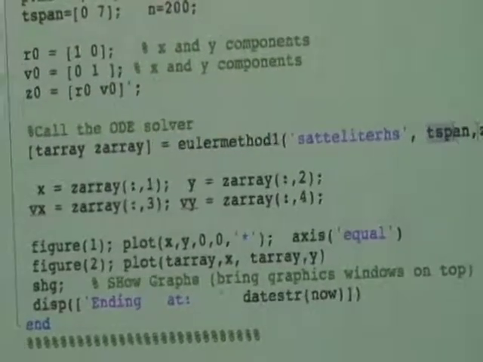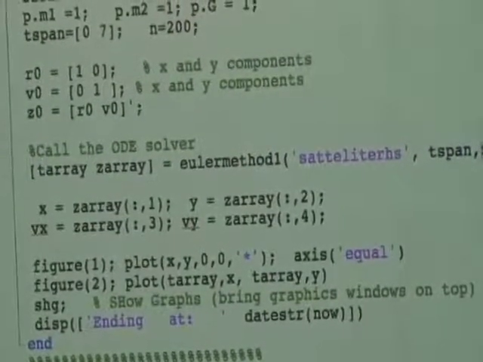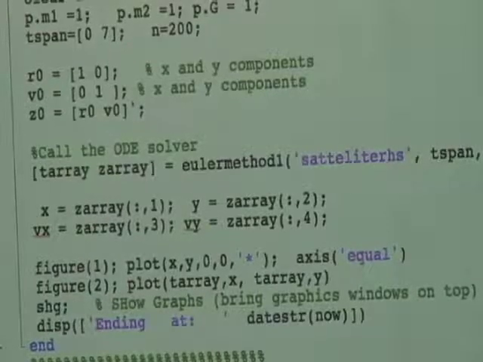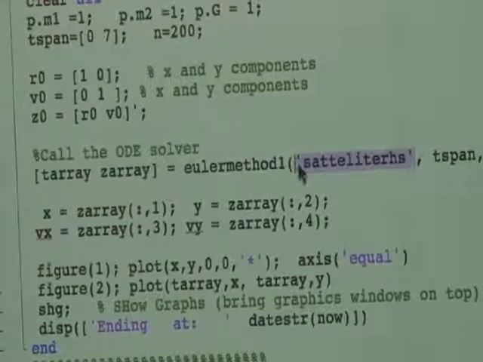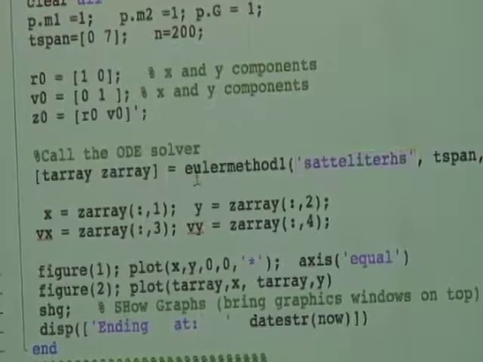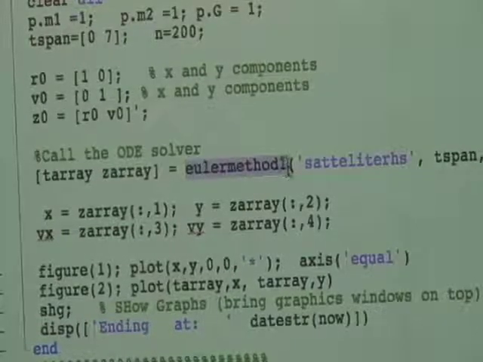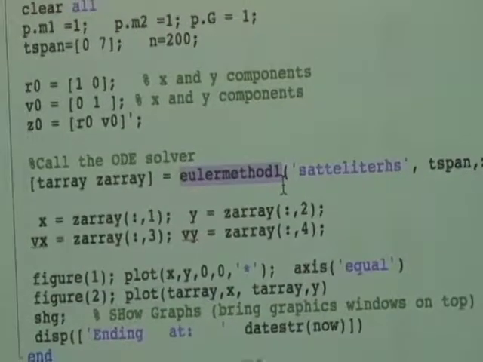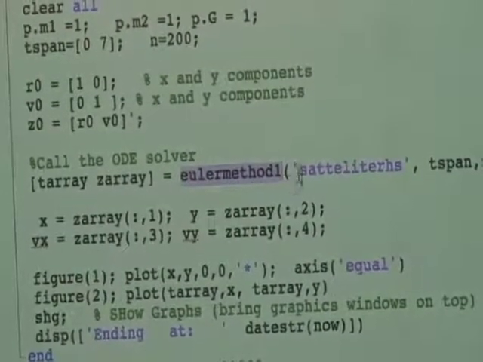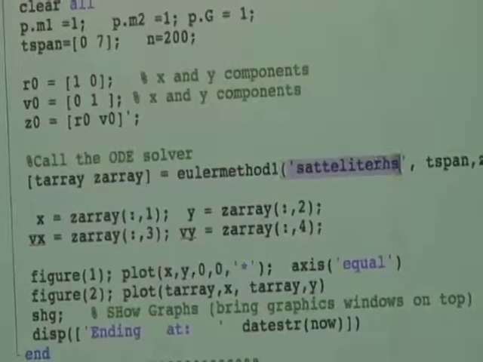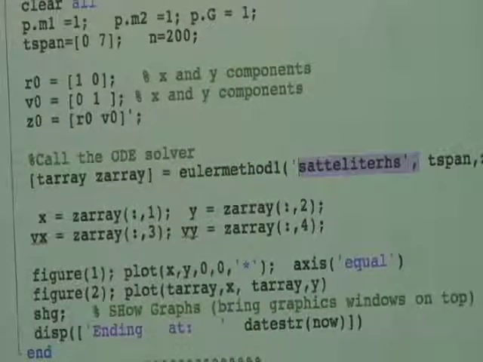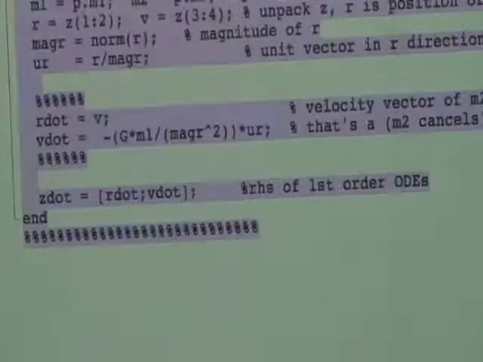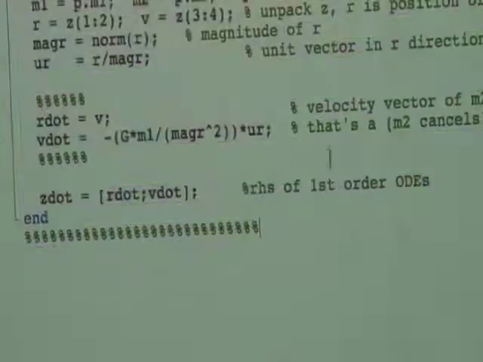So I give it the initial time, I give it the initial conditions, I tell it how accurately to solve it, I tell it what the parameters are, and I have to tell it what the differential equation is. So the fancy thing I did is I've now called a program, the one I wrote, the one I just showed you, a little function, and said solve a differential equation. I said which differential equation, and rather than call all the differential equations the same thing, I've given this a name. So I have a differential equation called satellite right-hand side, which is this one.